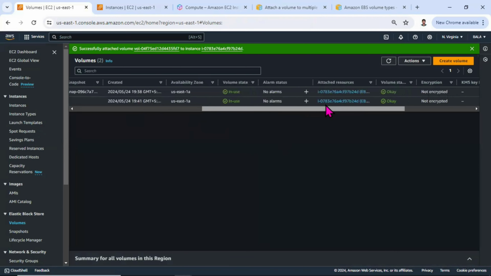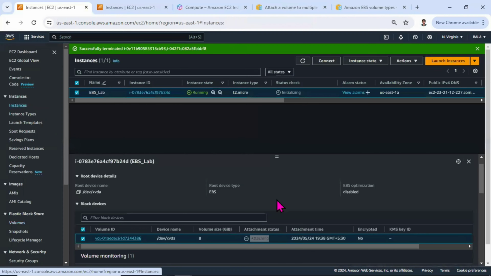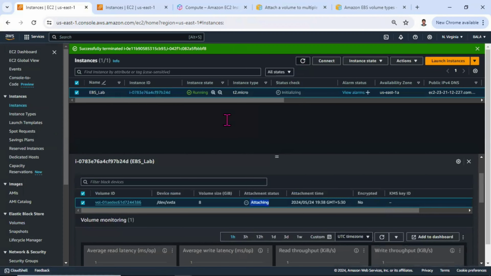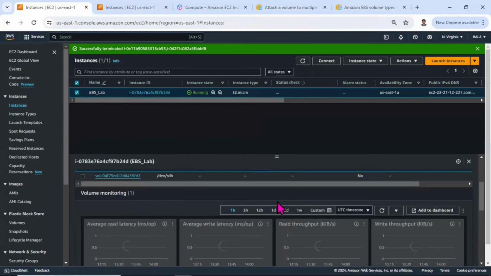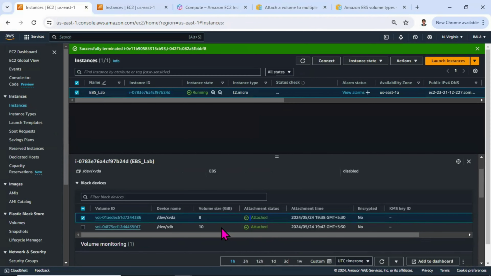So now we can see the instance details here itself, with attached resources. On the instance, you can also see it should be coming to the attaching state. You can see there are two EBS volumes attached. To create that volume inside that EBS,